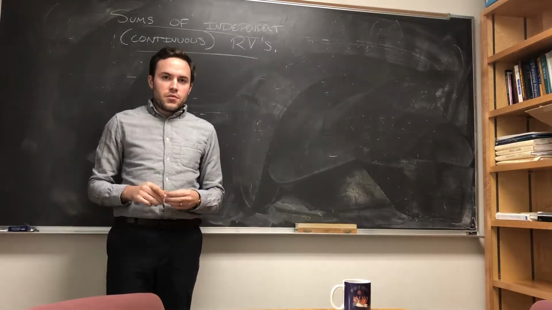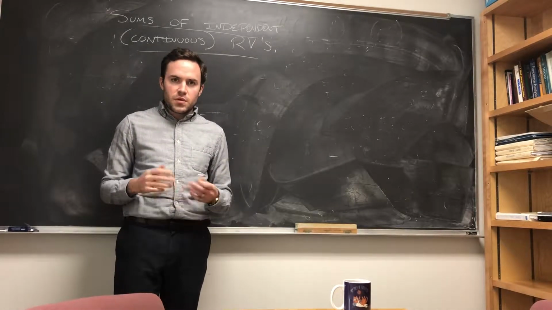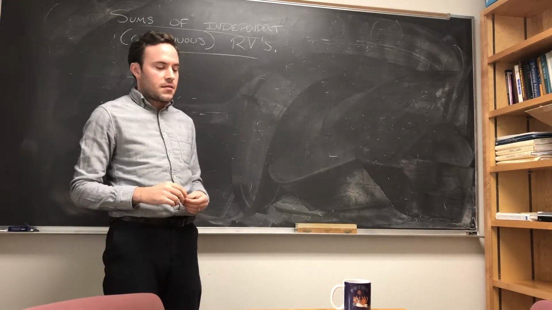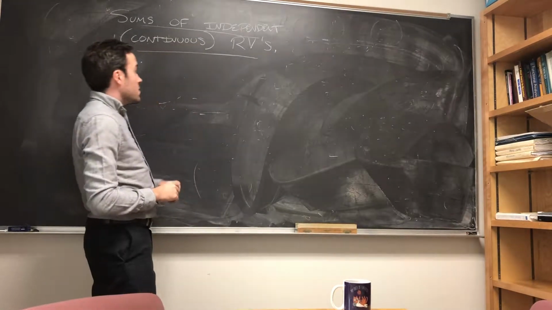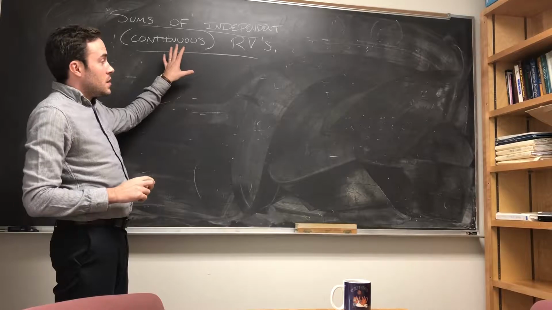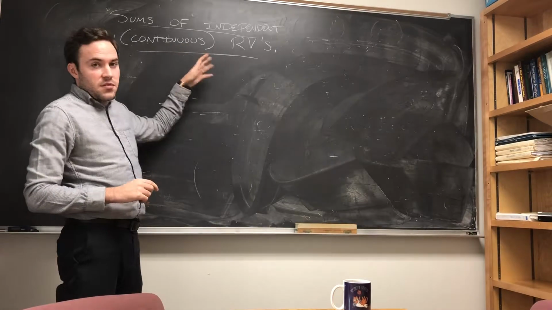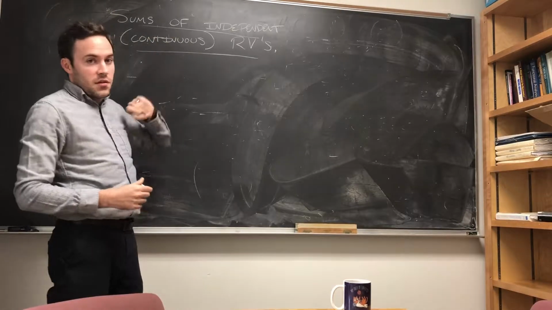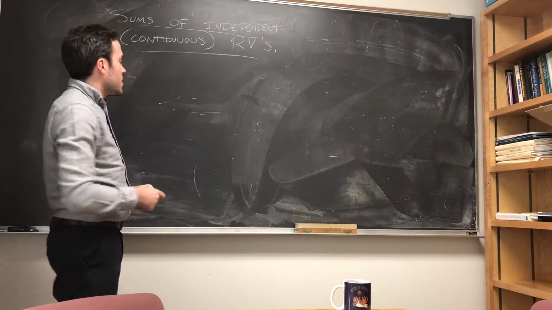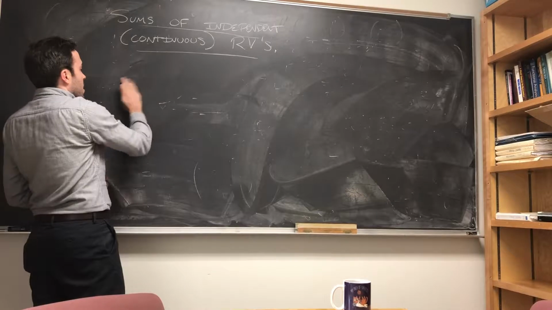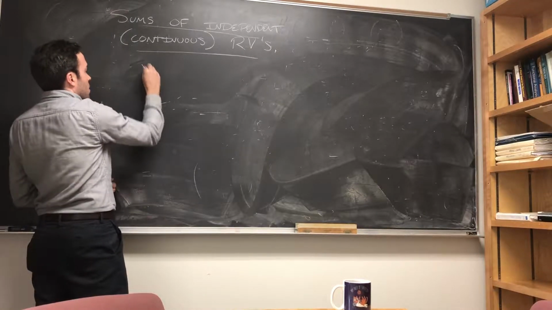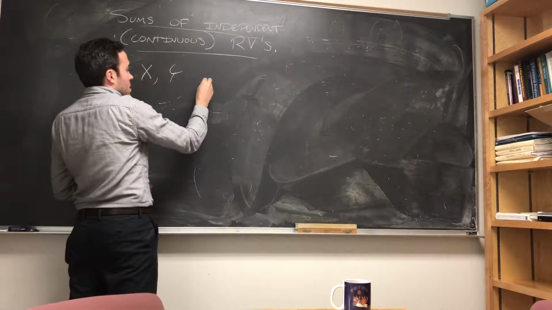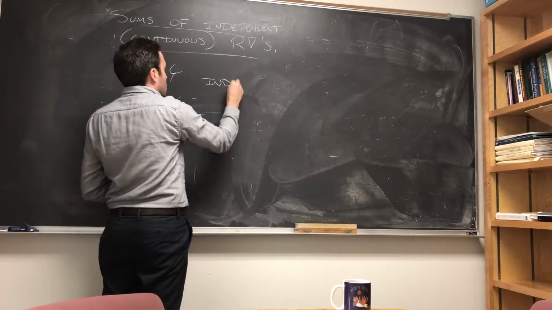All right, I just want to run through basically what we left off with at the end of last class, which was how to possibly figure out PDFs, so probability density functions, for sums of independent random variables. All right, so just to remind you where we left off with x and y being independent